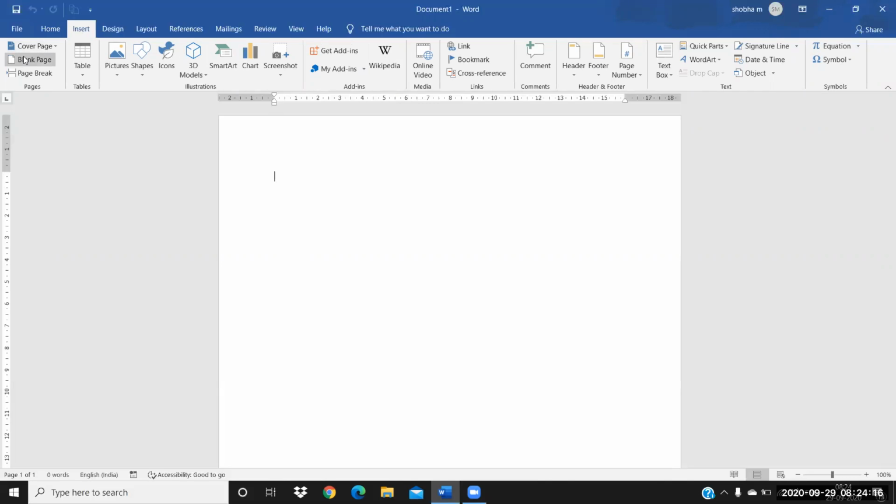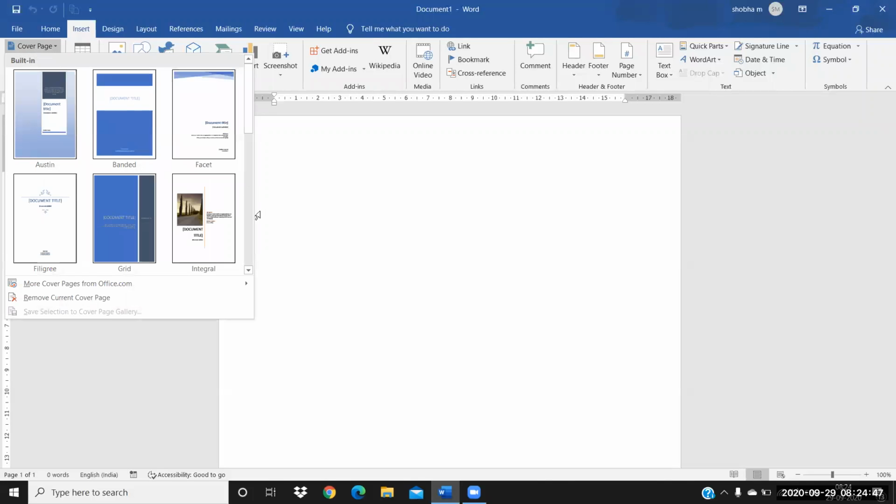The first option here in today's session is the cover page. This cover page we usually call a front page. If you see your notebooks or magazines, you'll have a front page. This front page we can also use for a project, whenever we are preparing any project using a Word document. At that time we can use these cover pages as a front page.